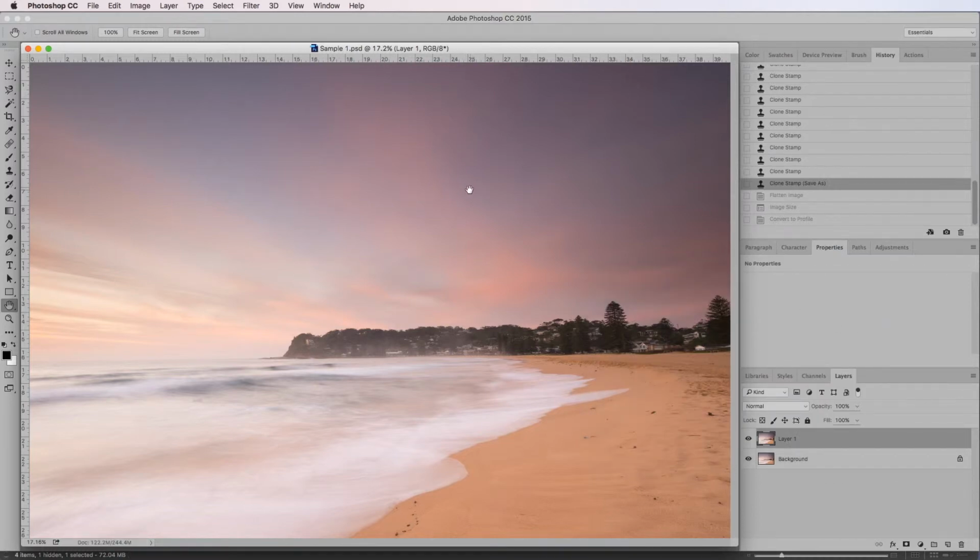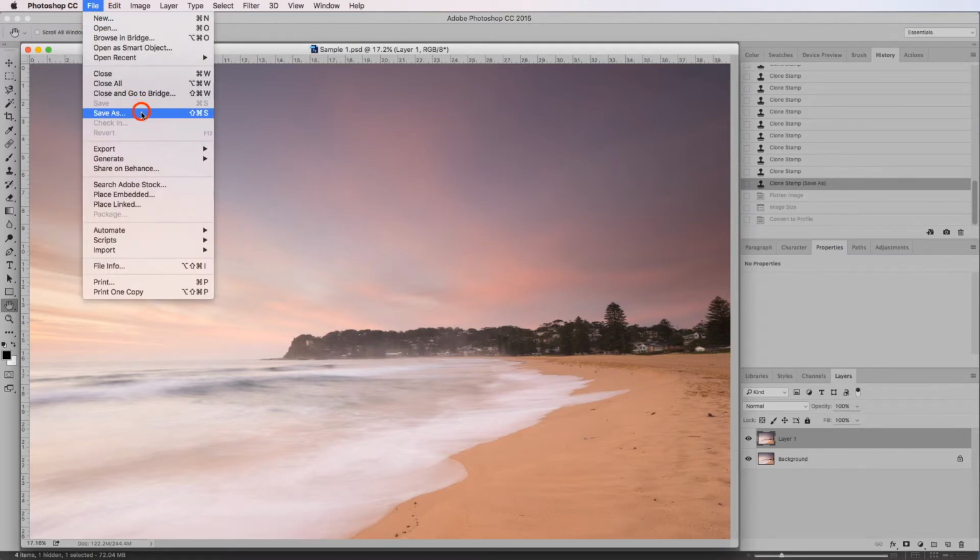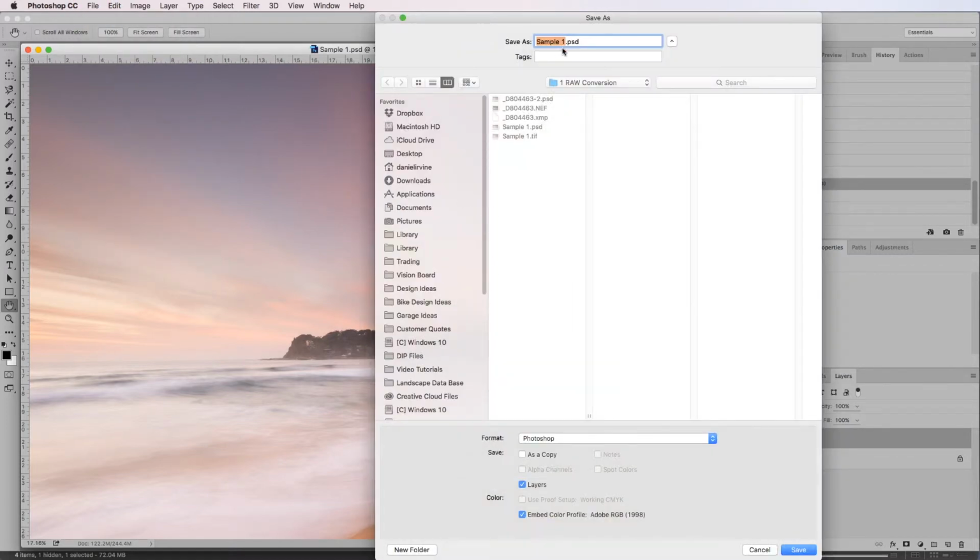Now you have a TIFF file, you have a PSD, you have a RAW file. Now you may decide, I want to send this away to get printed, but at this stage I don't want a TIFF, it's too large a file, I want a JPEG. Again, go in Save As, and instead this time we can hit